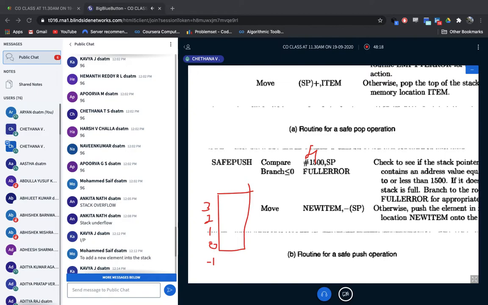Okay, suppose my SP is pointing to 0 now. Now 0 is here, take it as SP. SP is now -1. Yes, it is -1, right? Okay, SP is -1. Yes, both are not same. And as soon as they compare, it is not lesser than or equal to 0. Yes, because 0 is greater, I'm going to insert, pushing the item. Which item I have inserted? A I have inserted. Okay, now new item I have inserted into -SP.